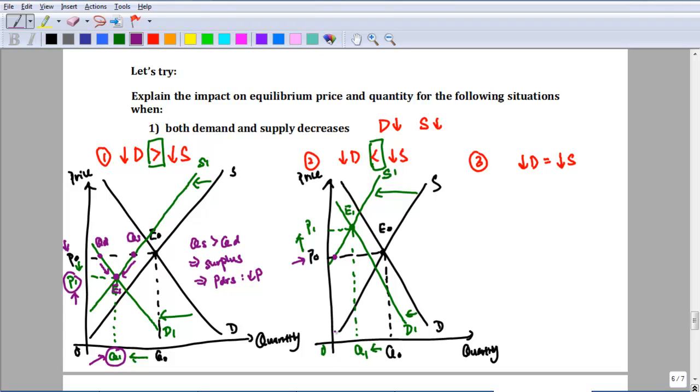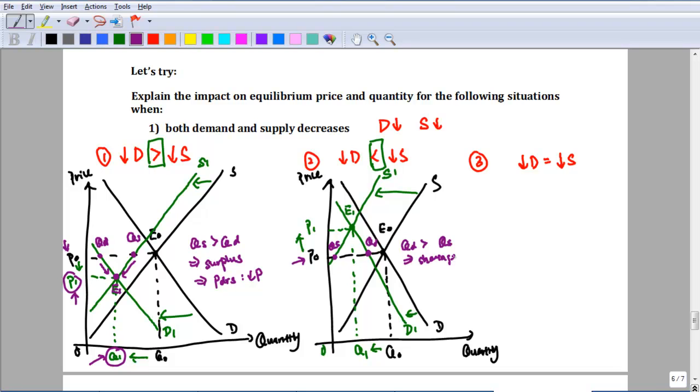But we're not going to label that down. So, QS. Quantity demanded is a point on your new demand curve, but at the price of P0, so it's this point here. So it's this amount, because this is quantity. From here, you notice that your quantity demanded is more than your quantity supplied. So this implies that there is a